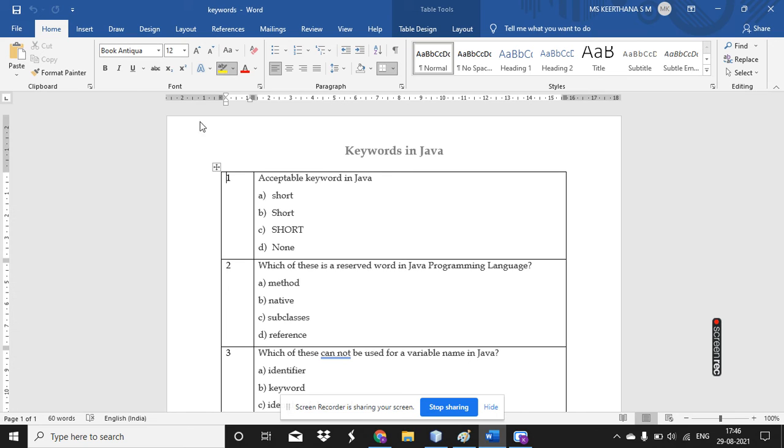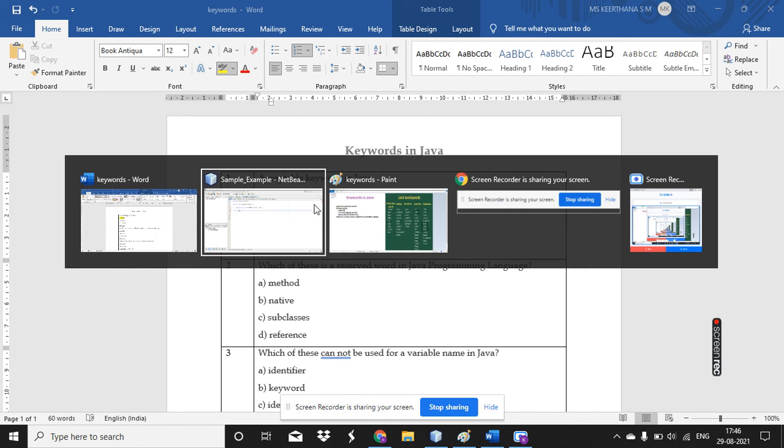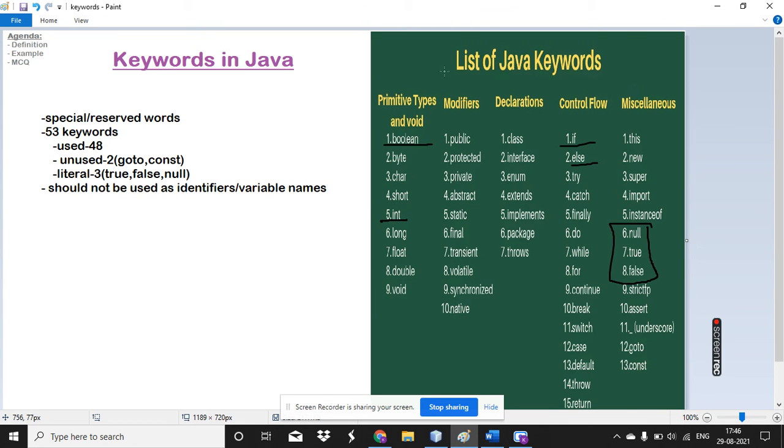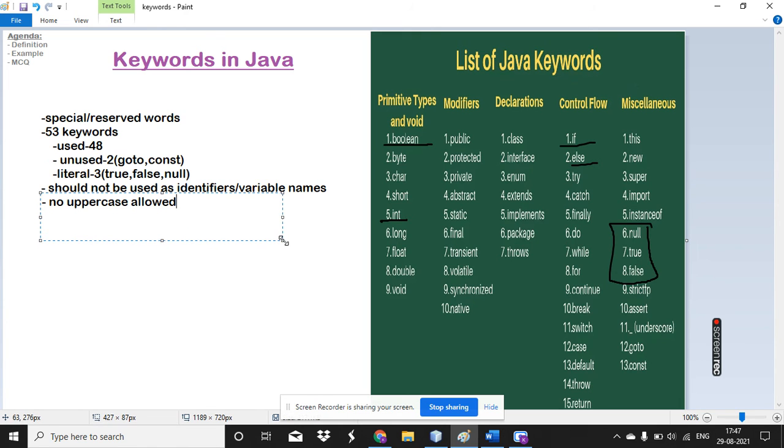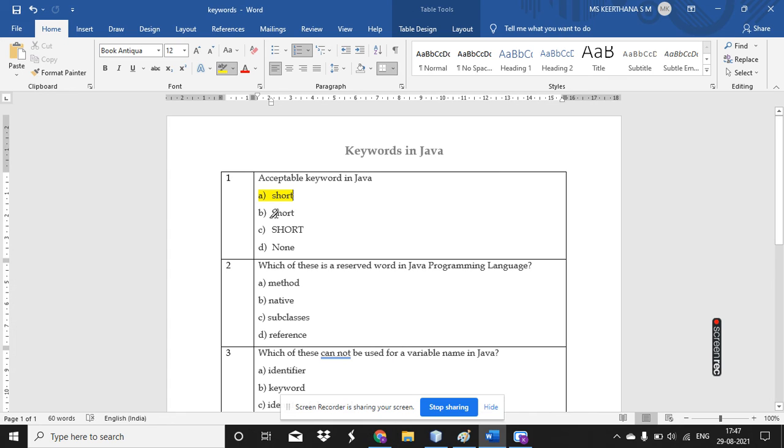So, the valid keyword is the first one, because always all your keywords will be written only in lowercase letters. No uppercase letters are allowed. So I will make a note here too: no uppercase letter is allowed in a keyword in Java. Fine. So any doubt? So for this question the right answer is option A, short,